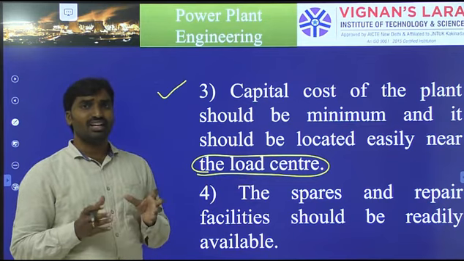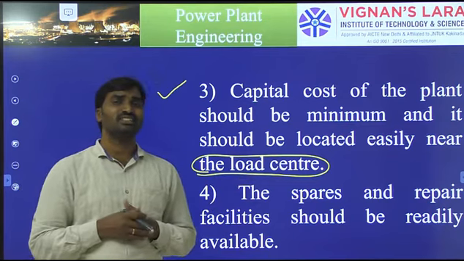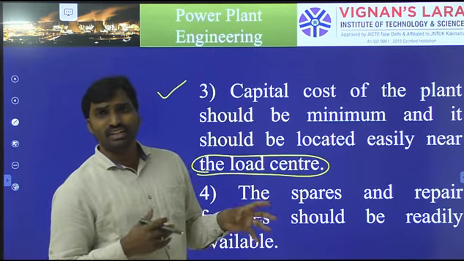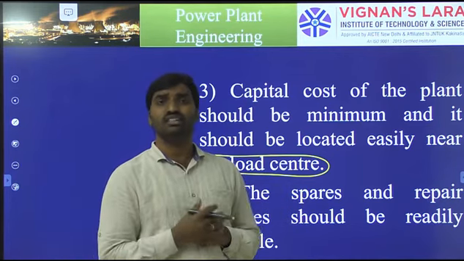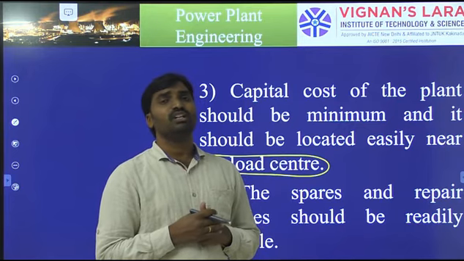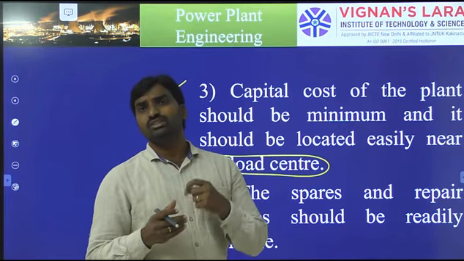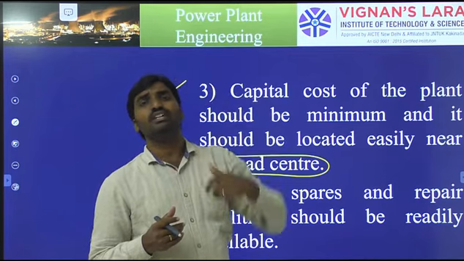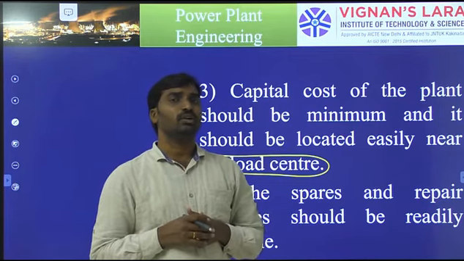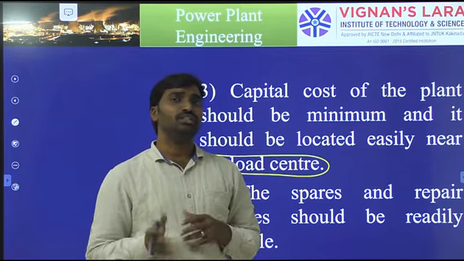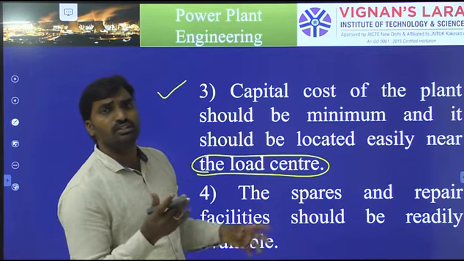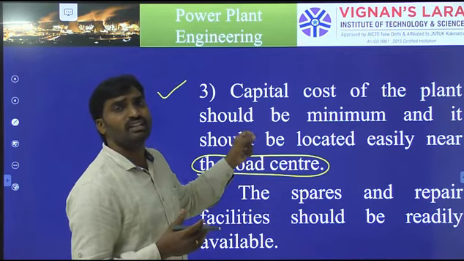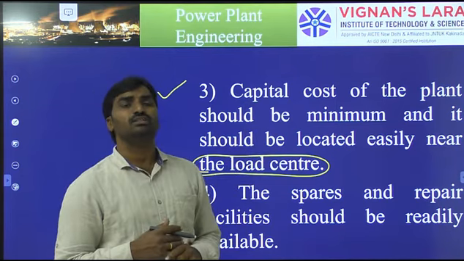So if transmission loss is around 30%, we are getting only 20% of energy. In that 30% we are again losing 30% energy. So roughly we are losing 65 to 70% of efficiency. That's why we need to reduce the transmission losses by establishing the power plant nearer to the load center. So that is the thing.